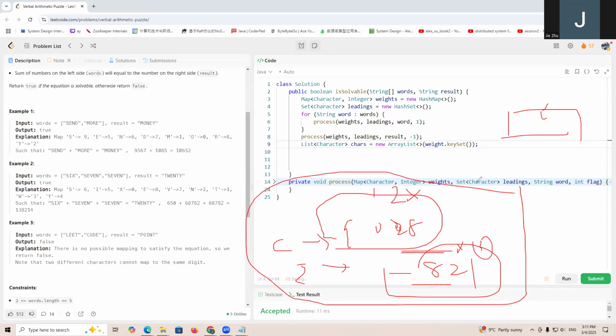Because we sort those weights in decreasing order, all of the remaining weights are less than or equal to the current weight. So if this sum is greater than, for example, n minus i minus 1, that is the rest multiplied by weights,